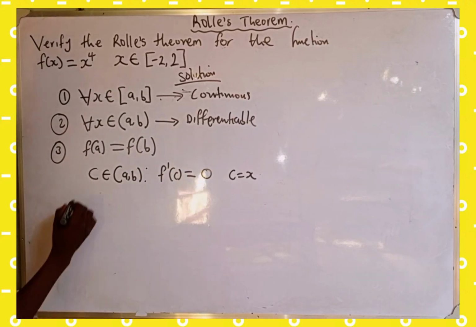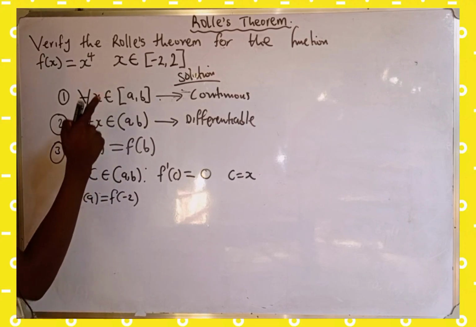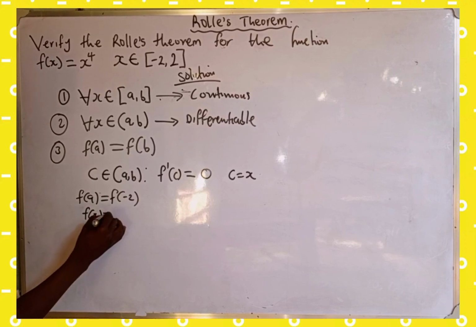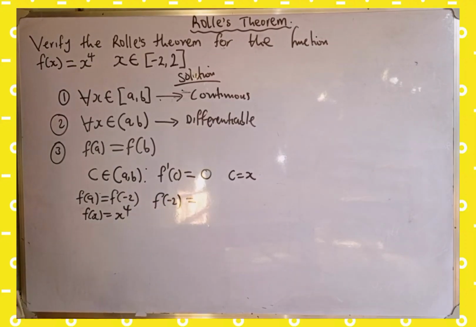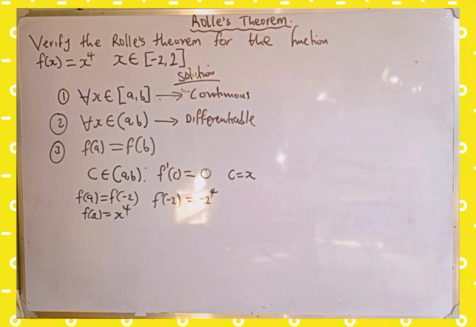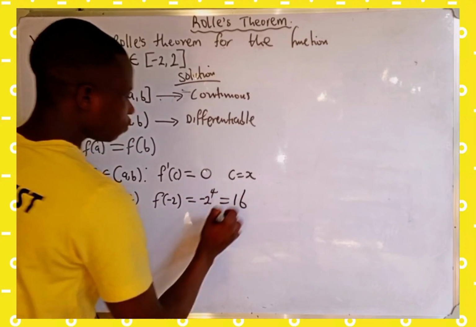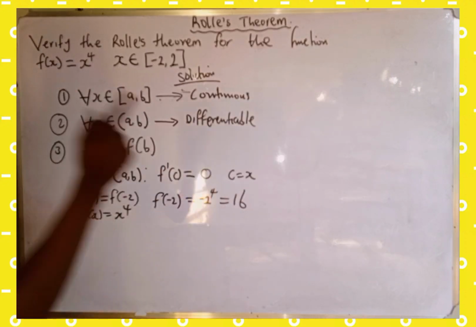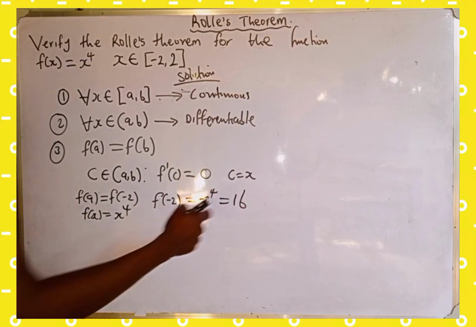Now let us look at f of a, and f of a implies f of minus 2 because a is the same as minus 2, from the function f of x is equal to x to the power 4. To get f of minus 2, anywhere we see x, we are going to substitute minus 2. We're going to have minus 2 to the power of 4, which gives us positive 16, because a negative number raised to an even power gives a positive number. You may press minus 2 to the power of 4 on the calculator and it may give you minus 16, but the